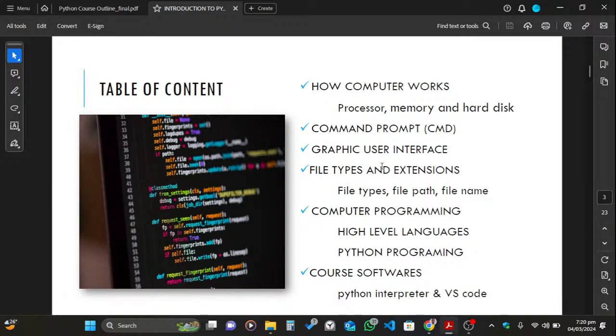Then, when we are done, I'll also run you through some the algorithm, how to construct a simple algorithm. Okay, so